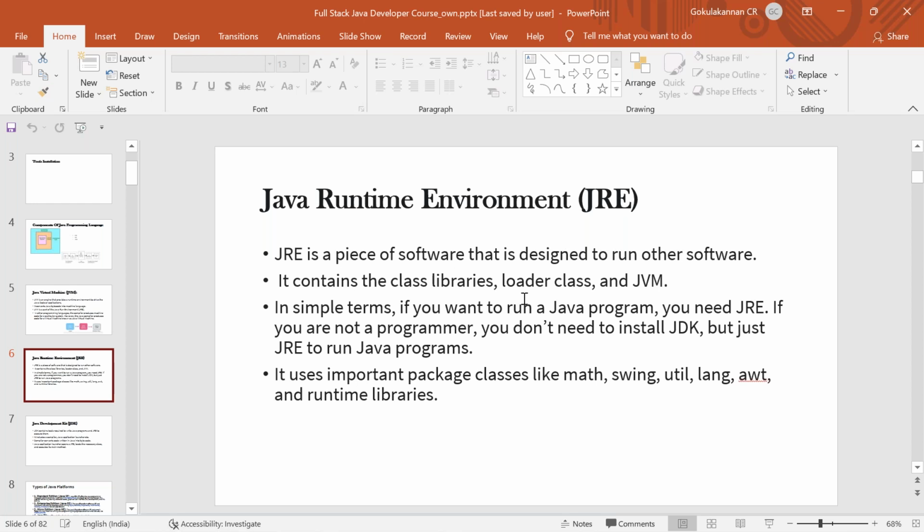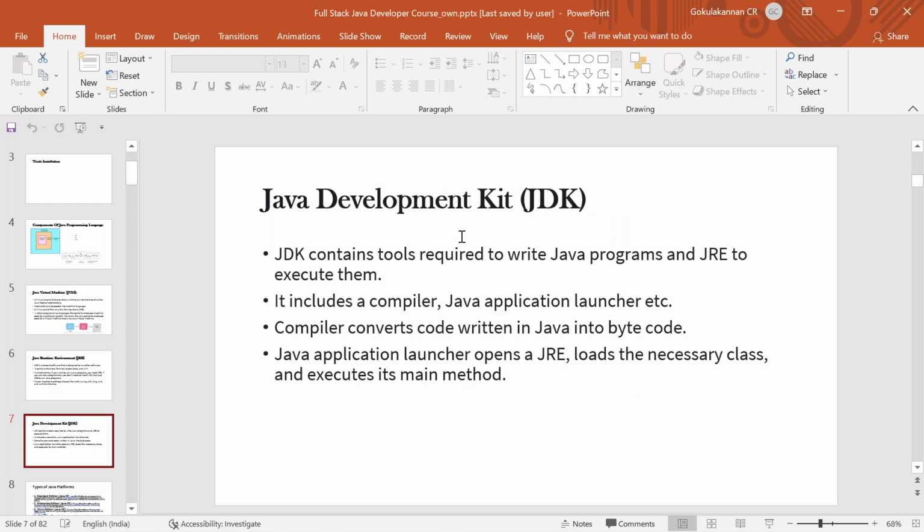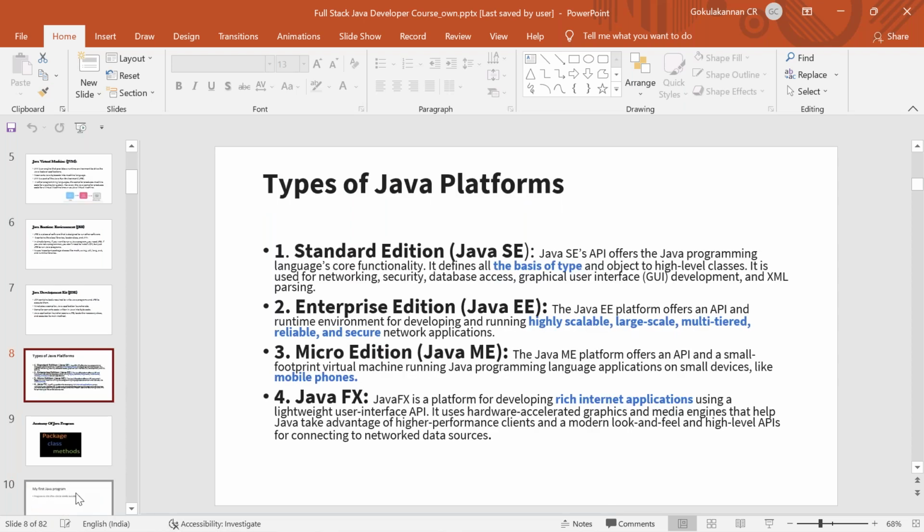If I have developed a program and you want to use it, you need a JRE. And the final thing is the JDK. I have to develop Java code, and I need some inbuilt things, some classes and supporting files. For that, I need a JDK. So this is the JRE, JDK and JVM explanation.